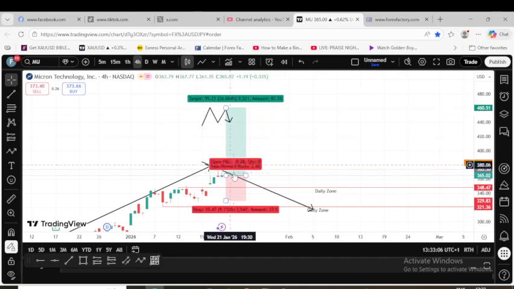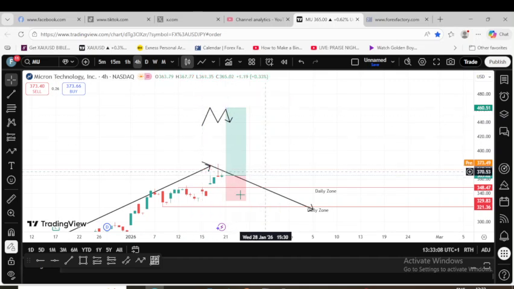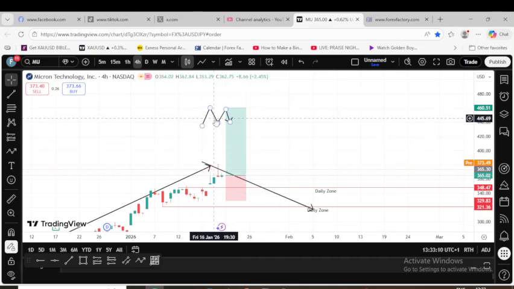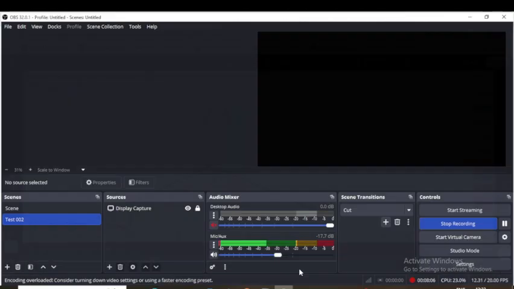So that means that we should be buying and looking for ways to continue buying until we spot an M pattern on this 4-hour time frame. So that's it for top to bottom analysis on